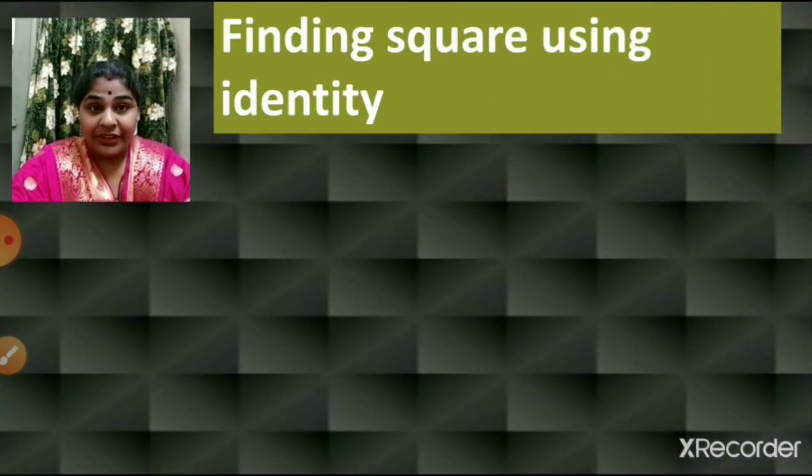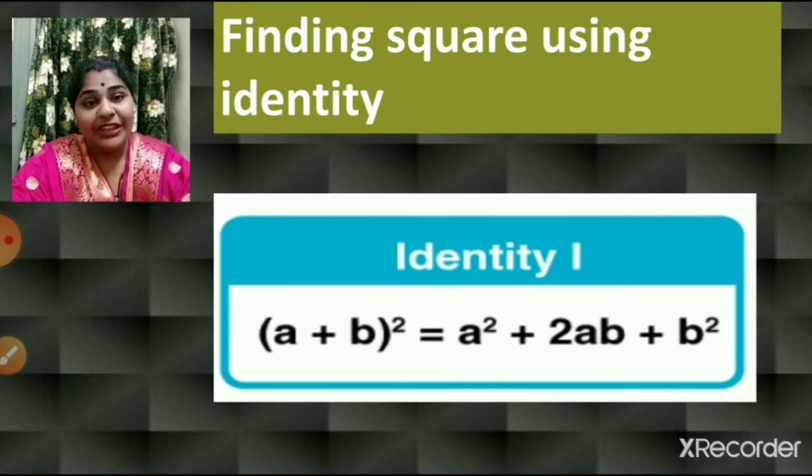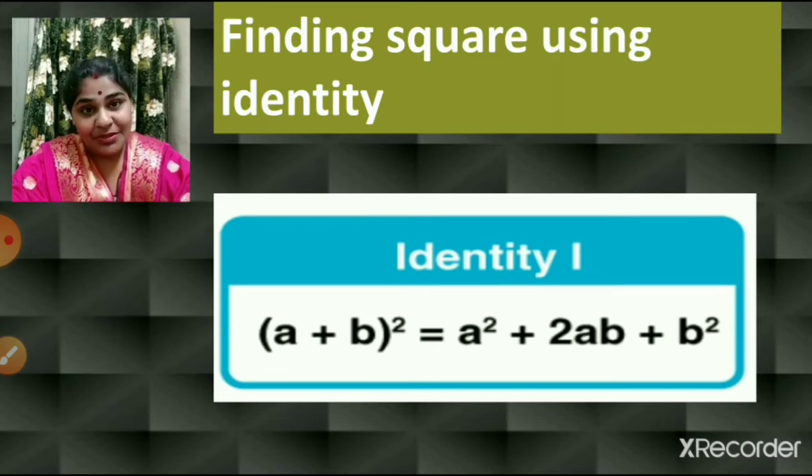We have seen two very important things, children. That is finding the square using the identity: (a plus b) whole square is equal to a square plus 2ab plus b square, right? Whichever number is given to us, we first bring it in the form of (a plus b) whole square. That is, suppose 38 is given, we write (30 plus 8) whole square, right? Then we substitute it in the identity a square plus 2ab plus b square and find the square. So this was the one which we have done, children.